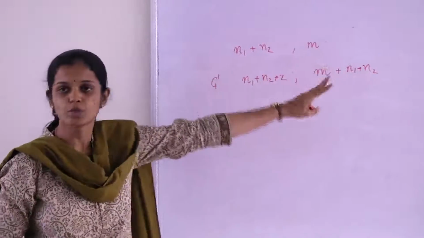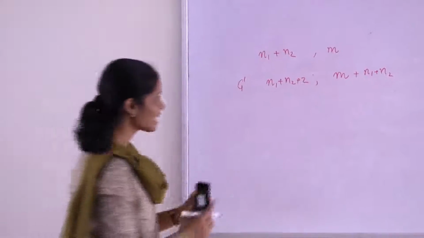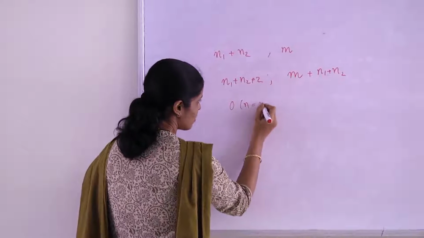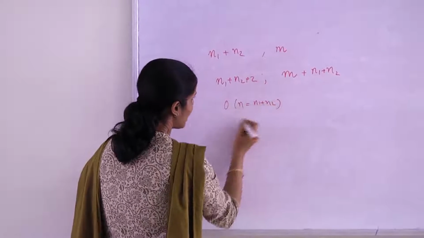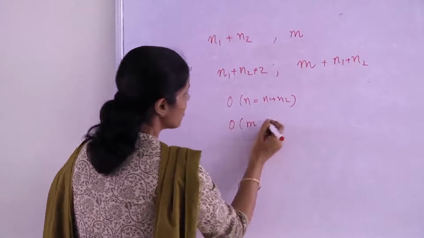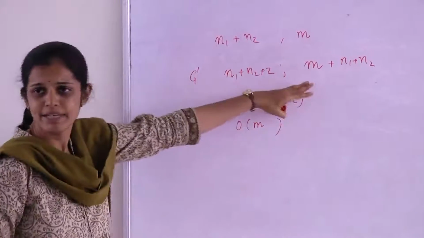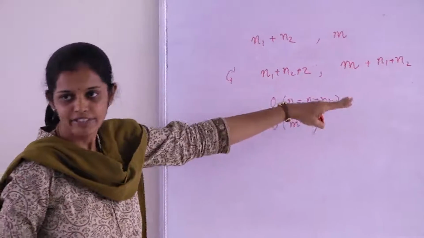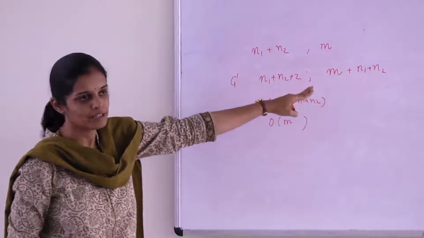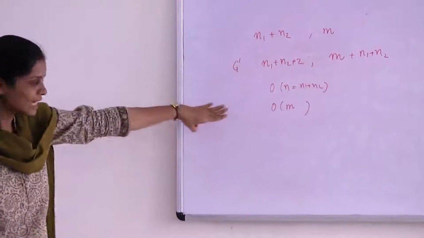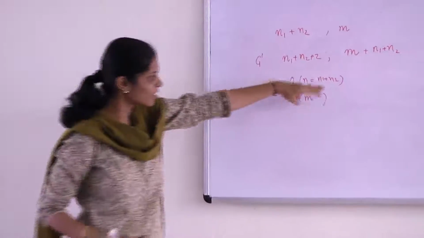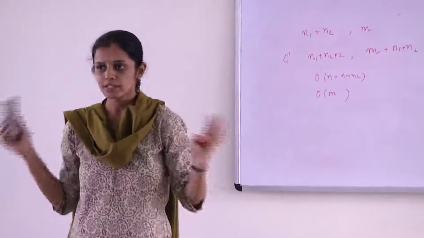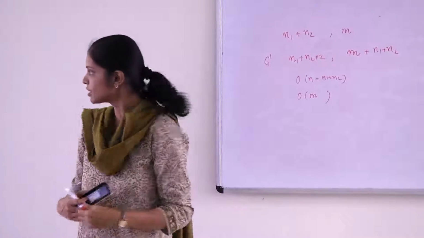So we haven't done too much of a blow up, right? We are still in order n, which is equal to n1 plus n2, and we are still in order m, assuming that m is sufficiently large. Assuming that the graph is connected, in which case m is greater than or equal to n1 plus n2, we still are in the same order. That is, we have a graph which is order n and order m. So now we are happy, that is, we haven't done too much of a blow up of our graph in which we are doing reachability.